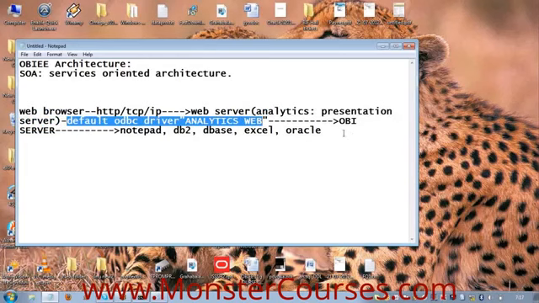Now my question is, your OBS server has to communicate with different databases, right? Yes. First of all, OBI is highly scalable in the sense it can connect to any type of data source. It can be Oracle, eBusiness Suite, SAP modules, anything it can connect to and analyze the data. That is the specialty. Even a notepad file you can connect to and get the data from it.